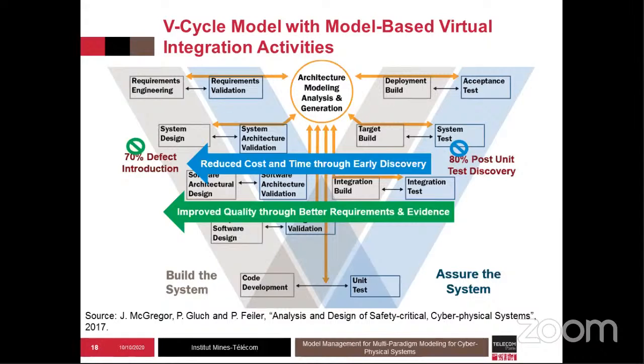Now, at every level, let's say right at the top level, requirement engineering and requirement validation, is it a completely or at least semi-automated process, or do you deploy simply human activities for your validation? So there's a lot of human activities, but the idea here is that first